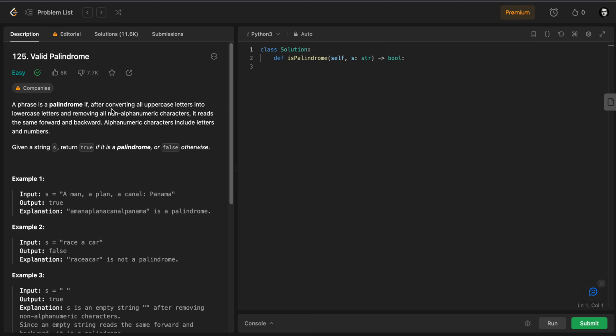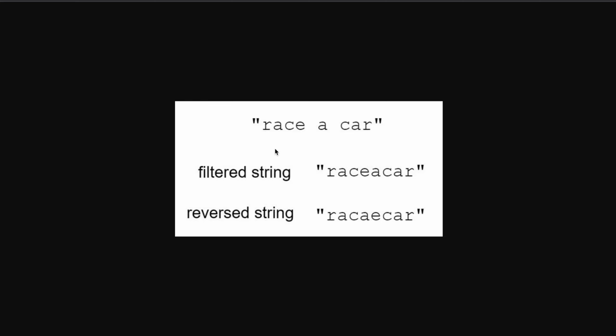A phrase is a palindrome if, after converting the uppercase letters to lowercase and filtering out the symbols, when we reverse it and compare it with itself, it should be the same. So we will return true, otherwise we will return false. Here is another example: for the filtered string "raceacar", as you can see, the reversed string is not the same,